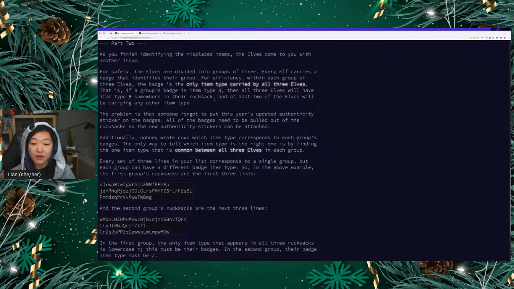The problem is that someone forgot to put this year's updated authenticity sticker on the badges. All of the badges need to be pulled out of the rucksack so the new authenticity stickers can be attached. Additionally, nobody wrote down which item type corresponds to each group's badges. The only way to tell which item type is the right one is by finding the one item type that is common between all 3 elves in each group. Every set of 3 lines in your list corresponds to a single group, but each group can have a different badge item type. So in the above sample,